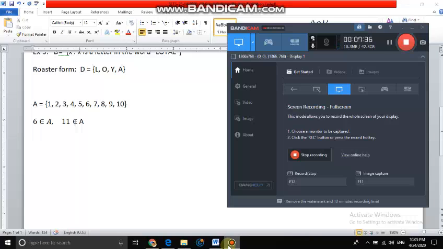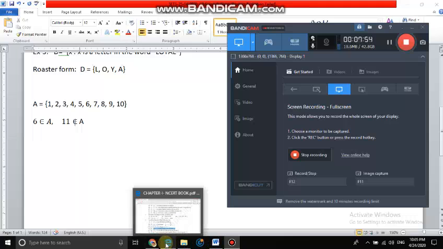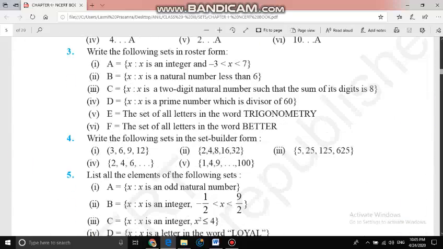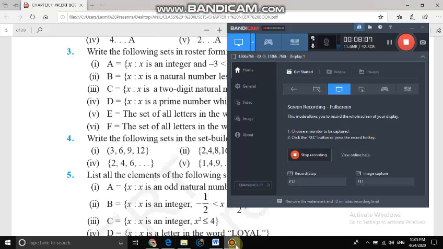Now the homework: I will send the PDF file of your NCERT book. You can start the first exercise questions. Go to the theory before you start the exercise. Before the exercise, there are explanations. Please go through those explanations and start the exercise. I'll show you what questions you can solve. The entire first exercise you can try out. If you have any doubts, you can ask me later on,